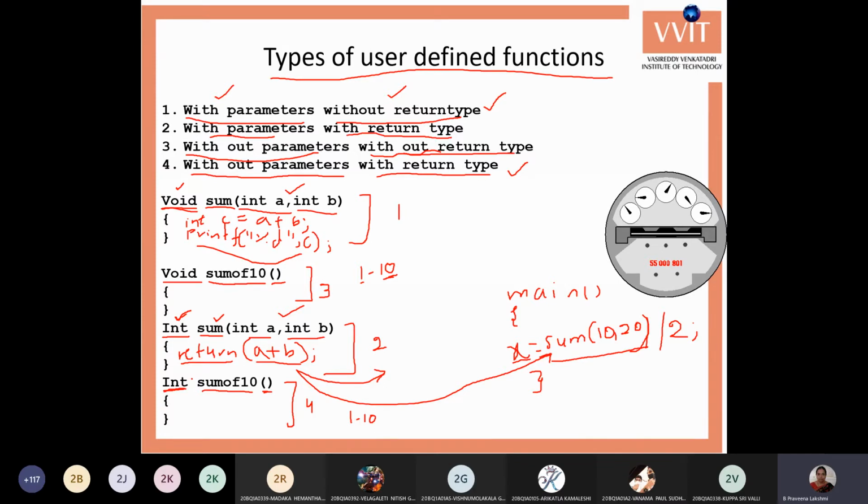First one: with parameters, without return type.